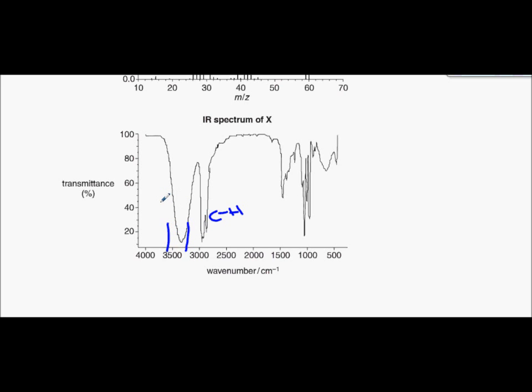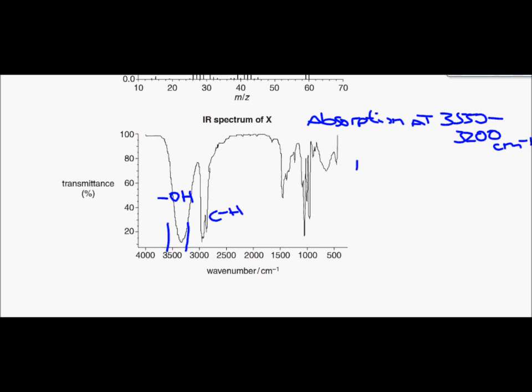This is the key peak, this is our OH peak, but we've got to make sure that we say absorption at 3550 to 3200, what's it say on the data sheet? 3200 cm^-1,